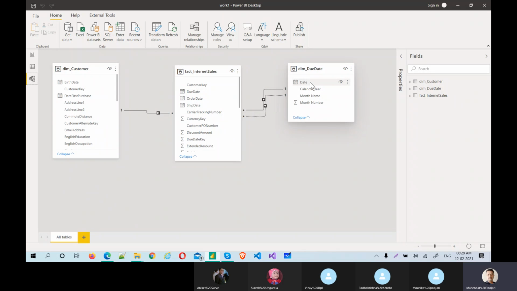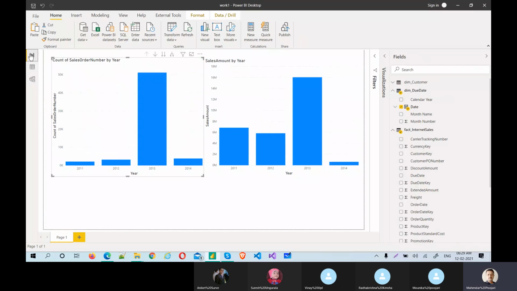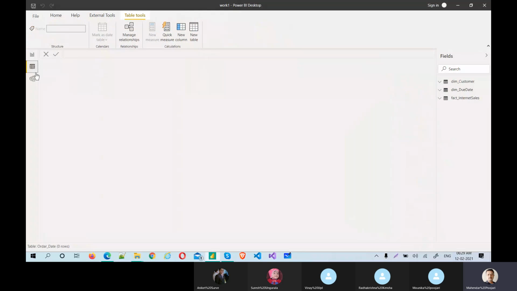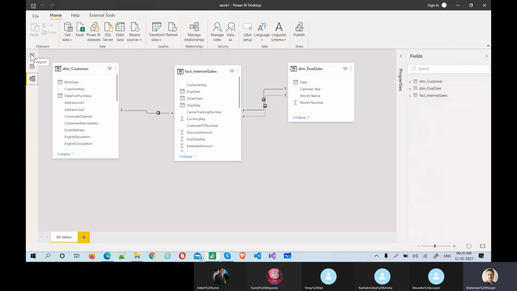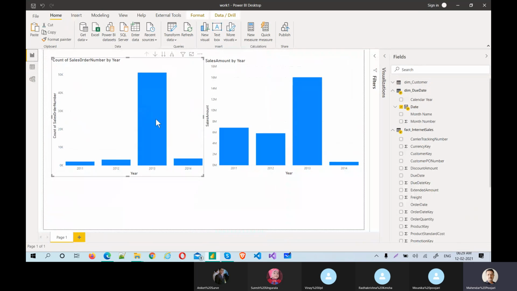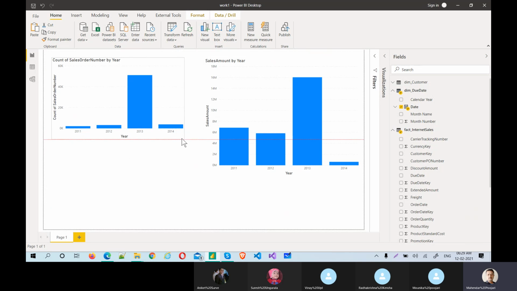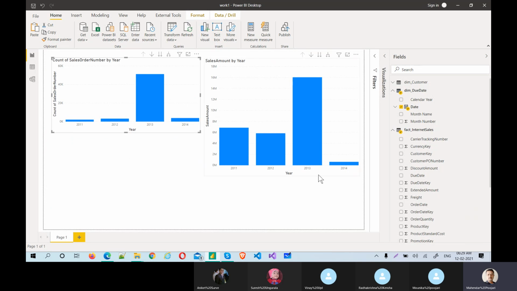Okay, got you. So just try with this, but this is what I would like to tell you. Let me create a USERELATIONSHIP function to activate the relationship and give another visual. We have used this with calendar for what? Sales orders. Let me duplicate it and we will use another function.